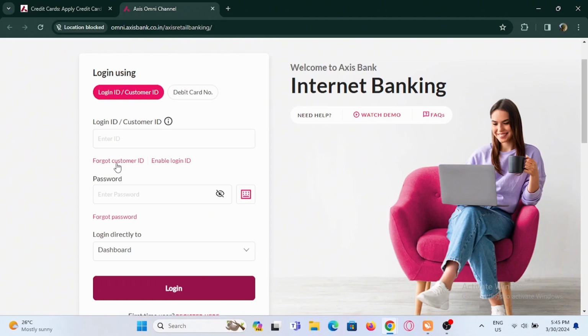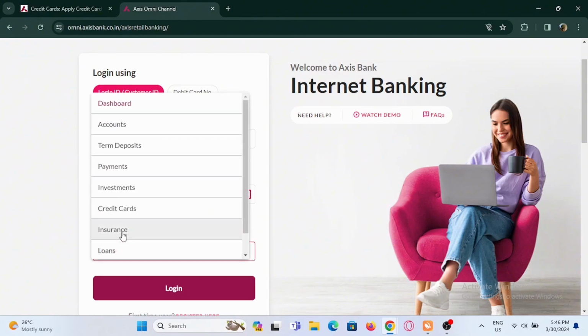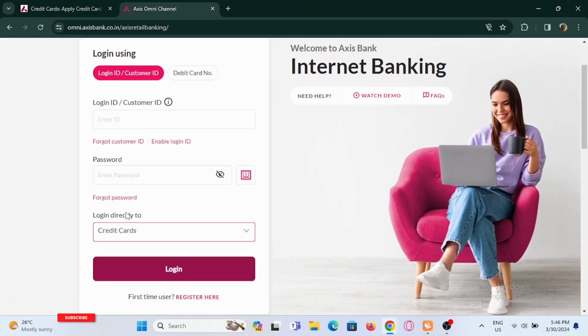If you forgot your customer ID or login ID, select the prompt given to you. Enter your password. If not, tap on forgot password to retrieve it. Select your login destination. You can select credit card directly, then tap on login. If you do not have an account, you can tap on register here and create a brand new account of